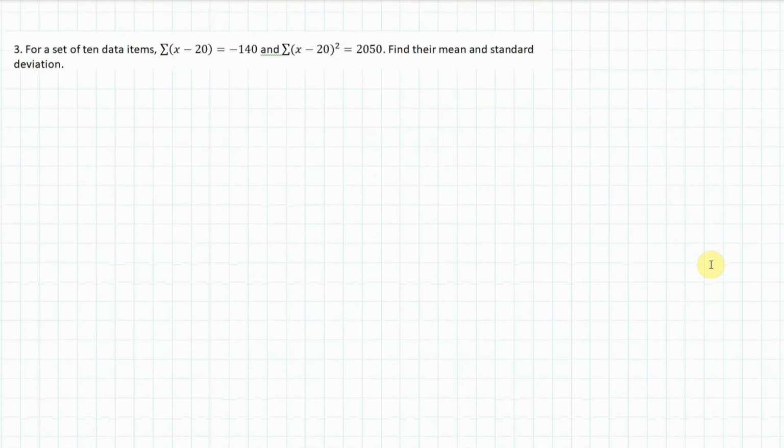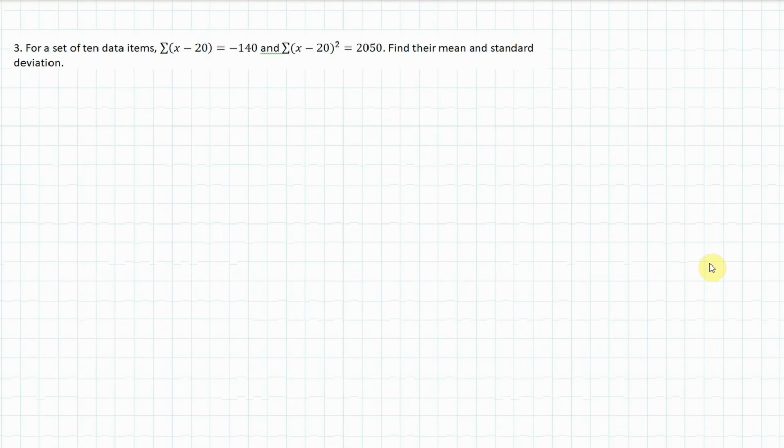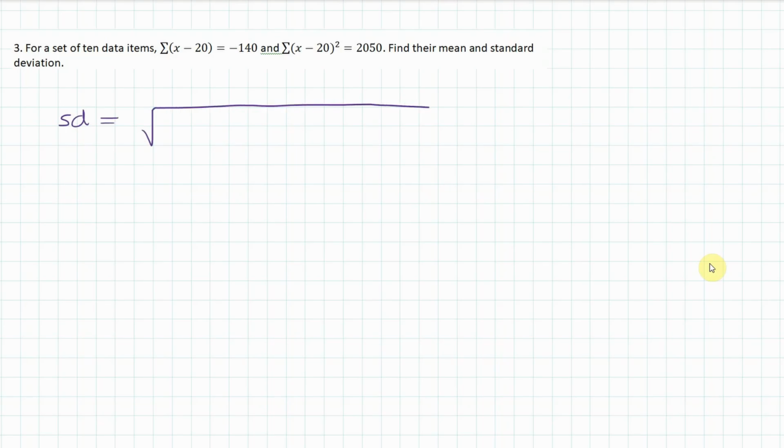Okay, moving right along. The next one, we've got a set of 10 items of data. So this looks like a coding question again. We've got to find the mean and standard deviation. Well, let's find the standard deviation. We know that the standard deviation does not change when we code the data by just adding or subtracting a number to each item of data. So the standard deviation in this case is equal to the square root of, we'd take every value, subtract 20 and square them and add them,